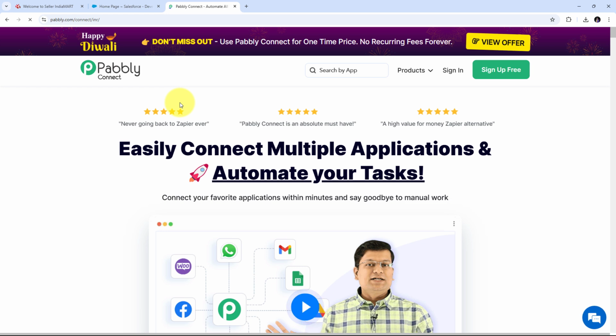And this will take us to this landing page of Pabbly Connect. Here in the landing page, I have these two options of sign in and sign up for free. If you don't have any account with Pabbly Connect, then you can just click on this sign up for free button, and this will take only 2 minutes of your time and you will get 100 tasks free every month. Or if you already have an account or you are an existing user, then you can just click on sign in